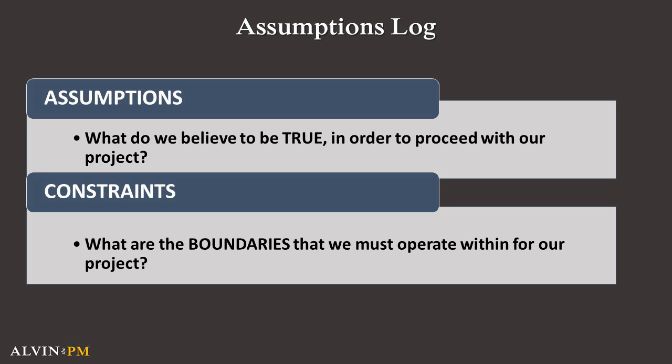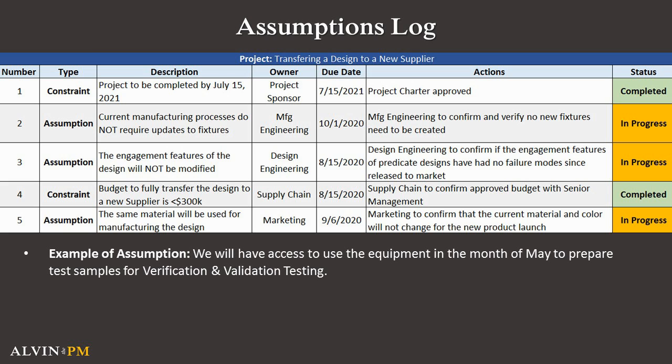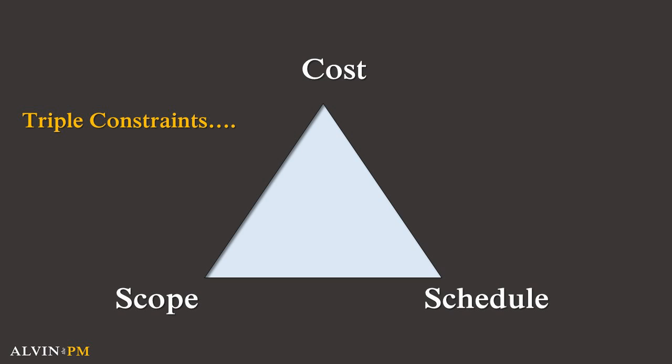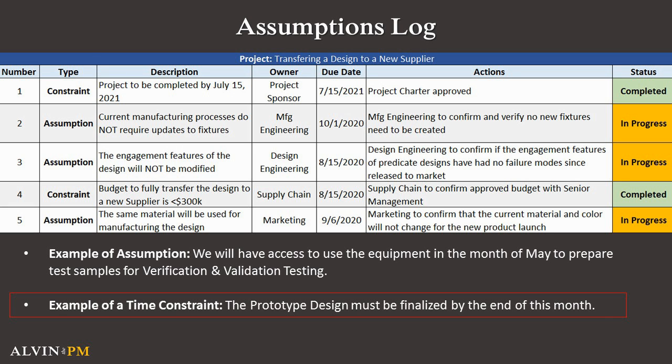So for example, an assumption would be, it is assumed that we will have access to use the equipment during the month of May to prepare test samples for verification and validation testing. Examples of constraints include the triple constraints of scope, schedule, and cost, as well as resources, risks, quality, and customer satisfaction. For example, we must finalize our prototype design by the end of this month before we can proceed with